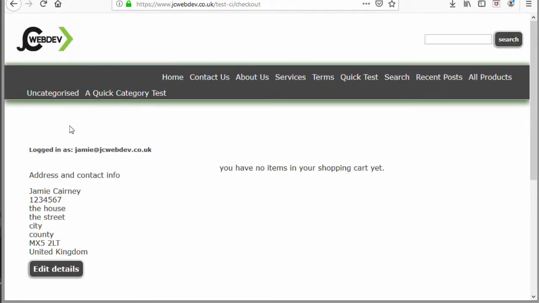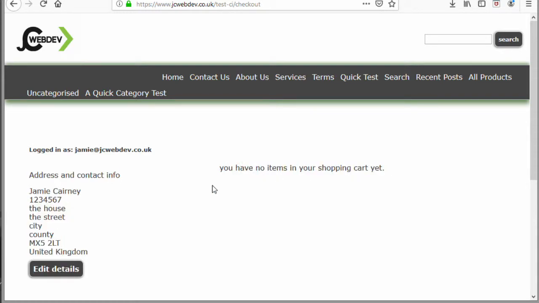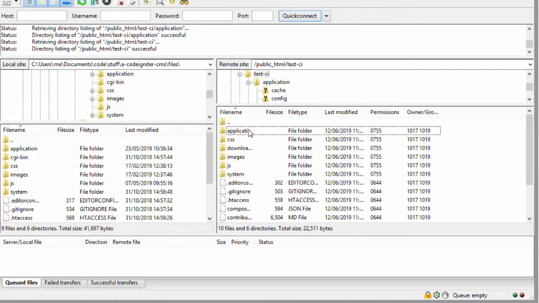first thing we'll do is give them two buttons inside here, which is the checkout page, which is where people land as soon as they've been logged in. And if they don't have anything in their shopping cart, they won't have anything to follow through the checkout with. So we'll give them two buttons here that will take them to their account section and the download section, which we'll make shortly. So if we come into application, views,